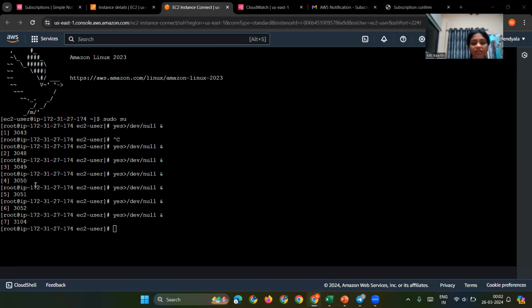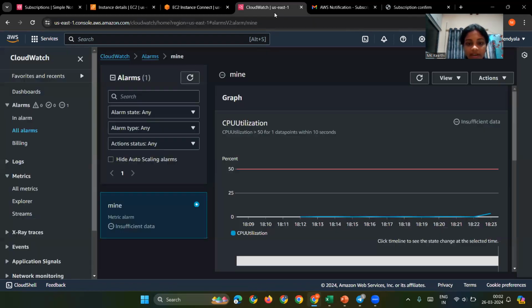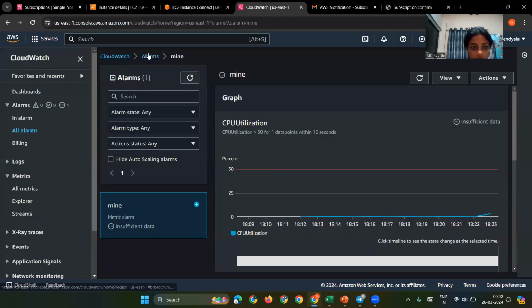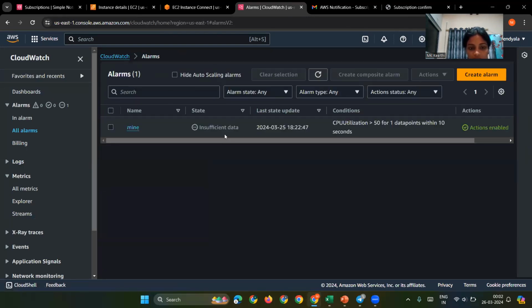So we'll be getting the same as before for every command. We'll be getting an increased number. If we go to this alarms, insufficient data, and if we process it,